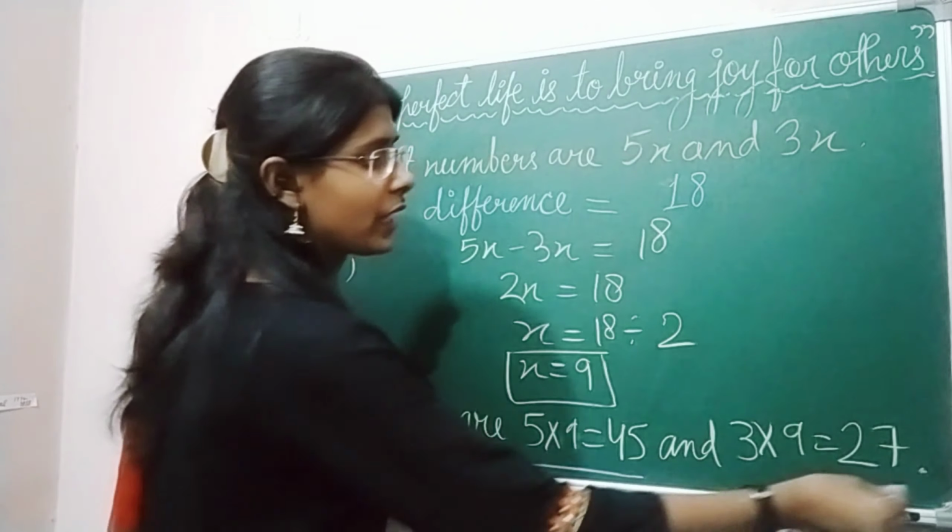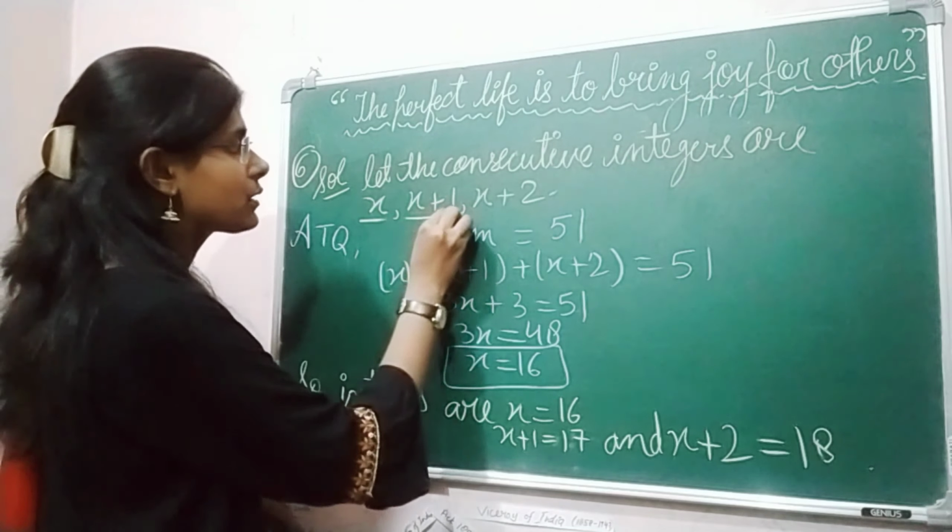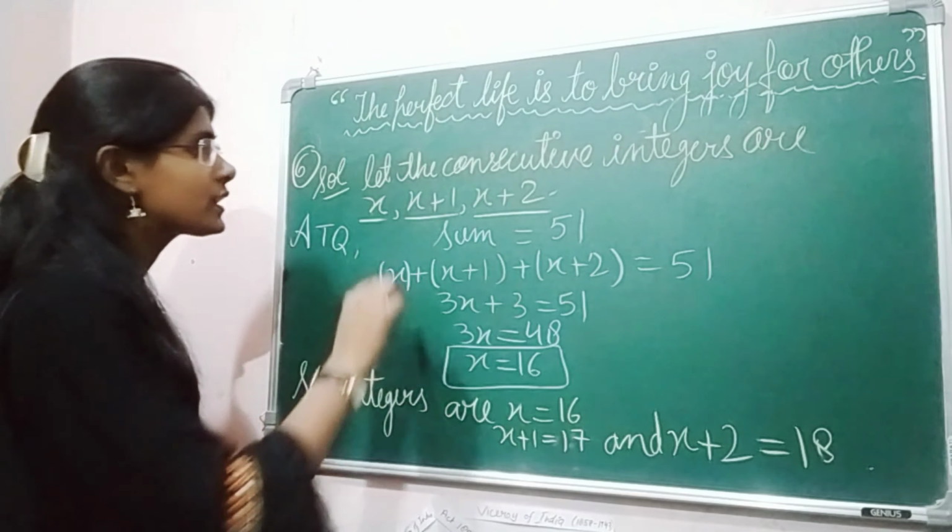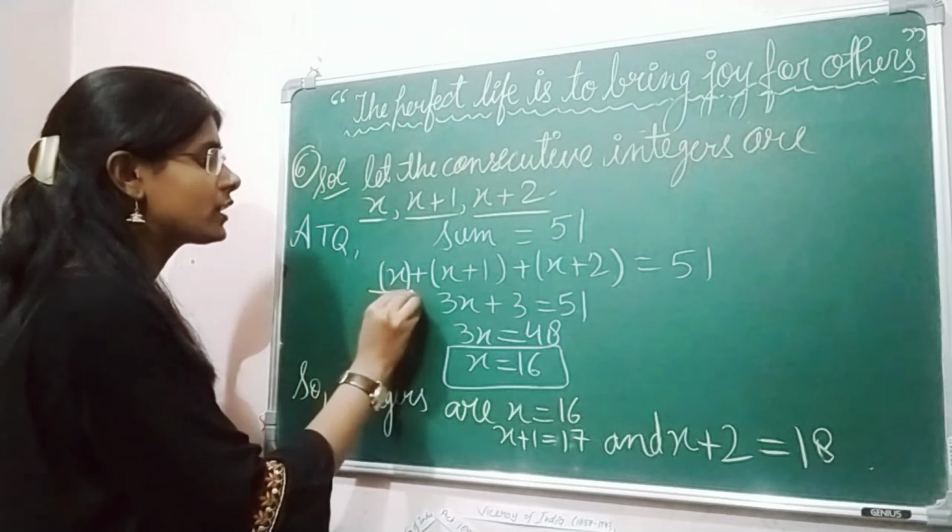Okay, now question 6 of your textbook is 3 consecutive integers. Consecutive means the numbers or the integers which come one after the other. Add up to 51. So what are these integers? So we have assumed that the 3 consecutive integers are x, x plus 1 and x plus 2, because their sum is 51. I would suggest you keep the numbers in brackets because sometimes there are numbers with a minus sign also. So 3x plus 3 you will be getting here is equal to 51.